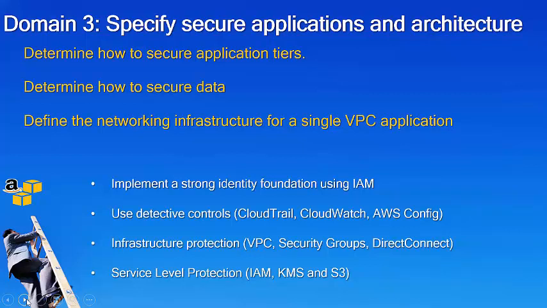IAM instance profiles for EC2 instances allow you to leverage the EC2 metadata service for accessing other AWS APIs. It is always important to use detective controls to identify potential threats and incidents. The key AWS service that supports capturing key activities is CloudTrail, which provides rich details about API calls made in your AWS account. AWS Config provides detailed inventory of your AWS resources and configuration, and CloudWatch is a monitoring service